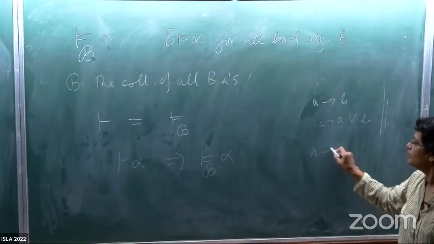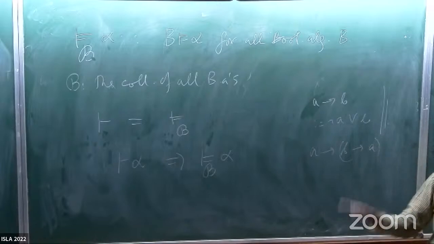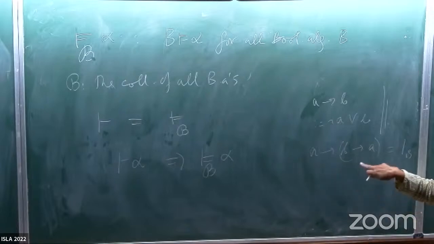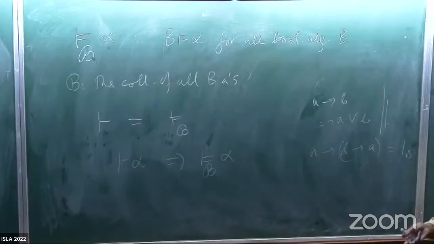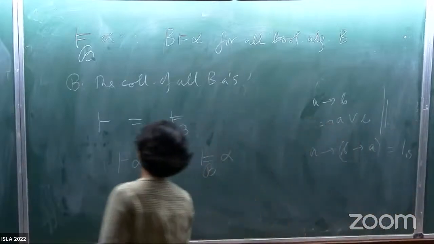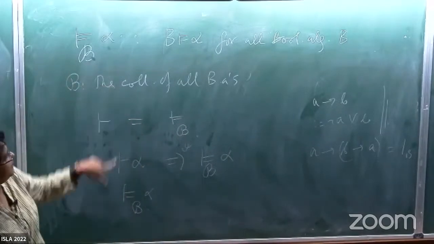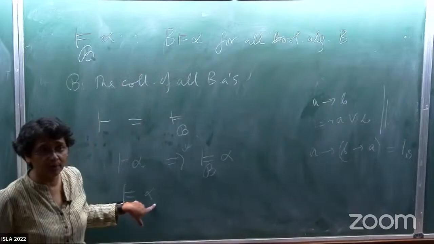And then you just look at things like this. Okay, this, please note, will always be 1. Okay, because this is not A or not B or A, right? So not A or A will always be 1. Okay, so all the axioms happen to be true in every Boolean algebra. So this direction to this direction is anyway true. For the converse, suppose this is the case, means in every Boolean algebra this is going to be true.